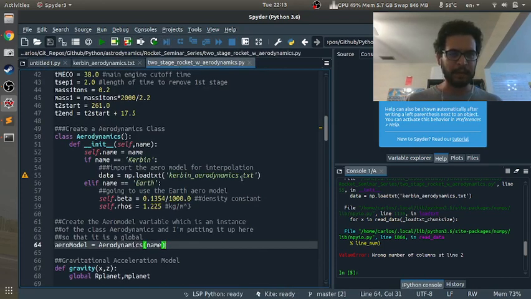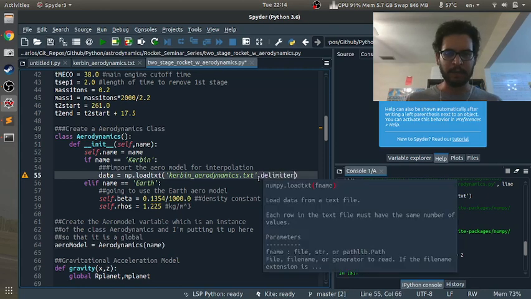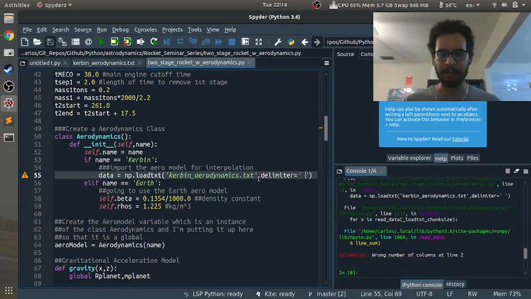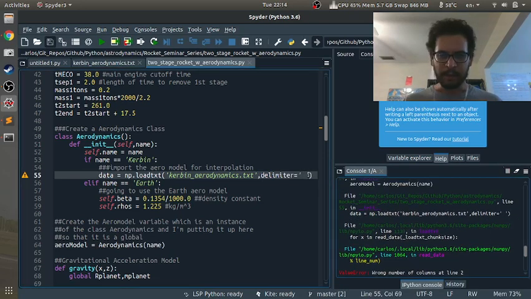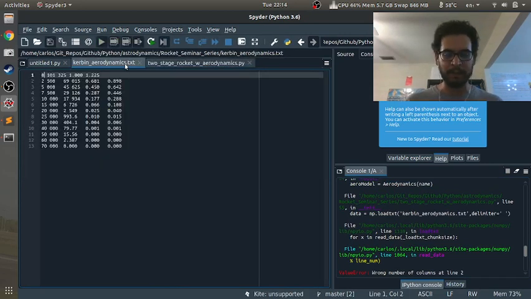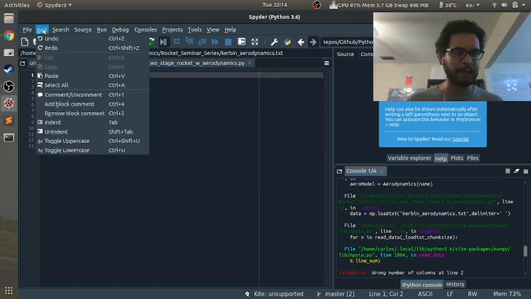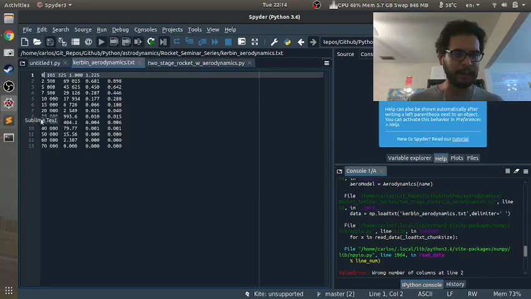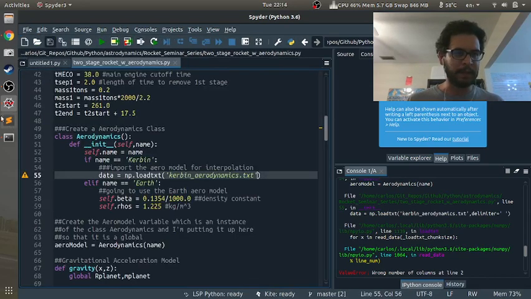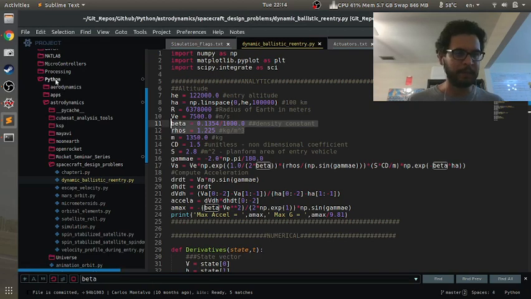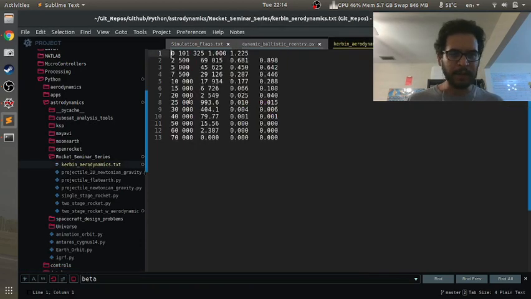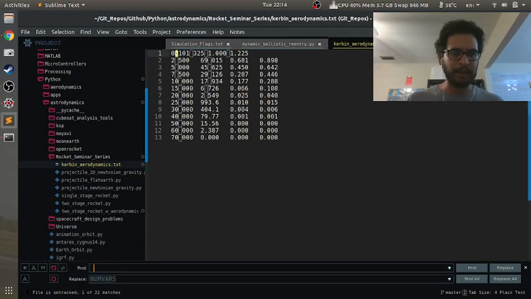Okay, there's two things I can do. I can try to set the delimiter to a space and see if that works, and it's still going to give me trouble. The other thing I can do is manually put a comma in between all of these. But I kind of want to just do the find and replace function, edit. I don't know how to do this in Sublime or in Spyder, so I'm going to do it in Sublime. So I'm going to go to Aerodynamics, Rocket Seminar Series, here, and I'm going to do Control H, replace the space